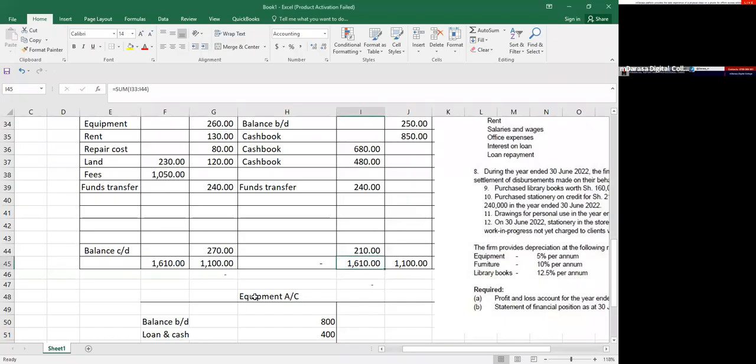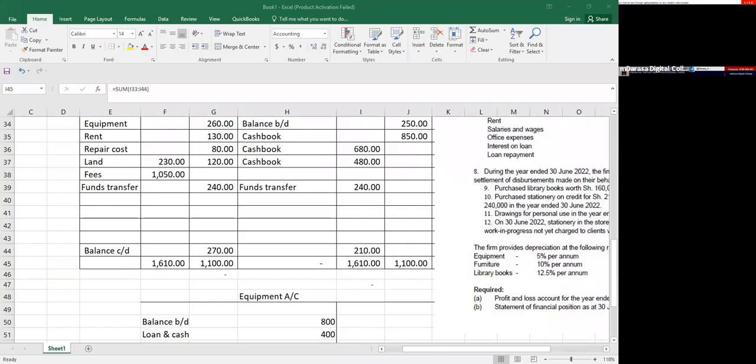Actually, we had skipped that. Remember our journal entries, that was the last journal. Look at the last journal where we mentioned that to record transfers of funds from the client's account to the office account on authority from the client, we record the transfer in the cash book, then we record the contra in the client's account. That is very, very vital to note.